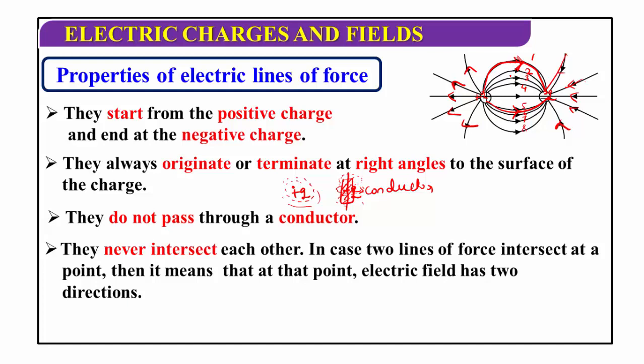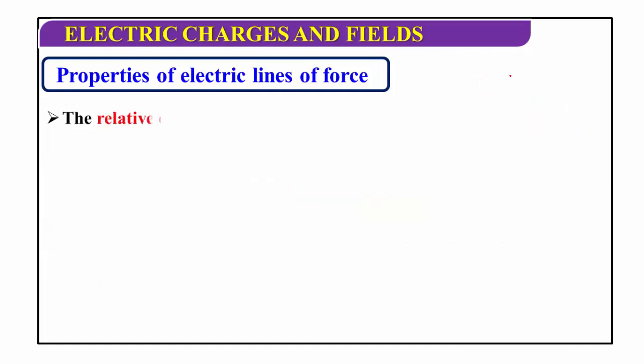Electric field lines leave or enter the surface of a charged body, and electric field lines do not pass through a conductor because the electric field inside the conductor is zero. The electric field inside the conductor is zero, but electric field lines can pass through an insulator with a dielectric medium. These are the simple properties of electric field lines of force.